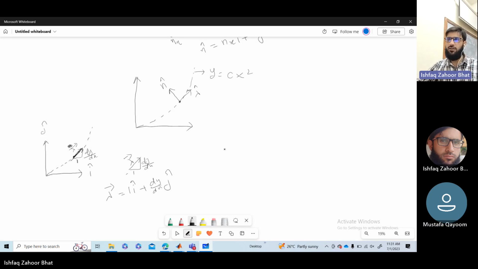Okay. So we know if we want to calculate a unit vector in any direction, it is nothing but the vector divided by the mod of the vector, isn't it? And that is equal to, what is lambda? That is i plus dy by dx j upon mod of lambda. Mod of lambda is nothing but under root of 1 plus dy by dx whole square. So this is our lambda cap. Is it okay? But we need to find